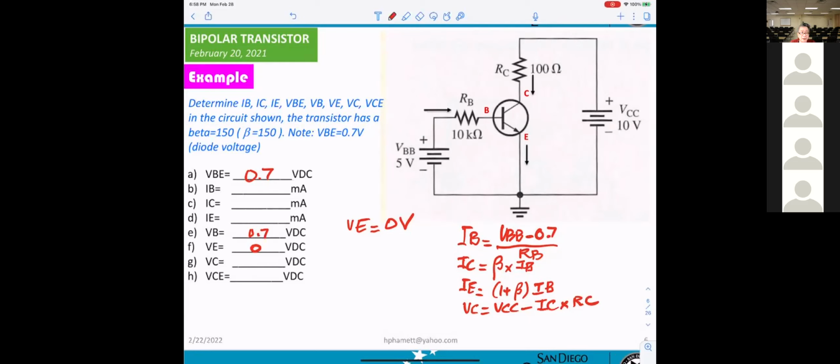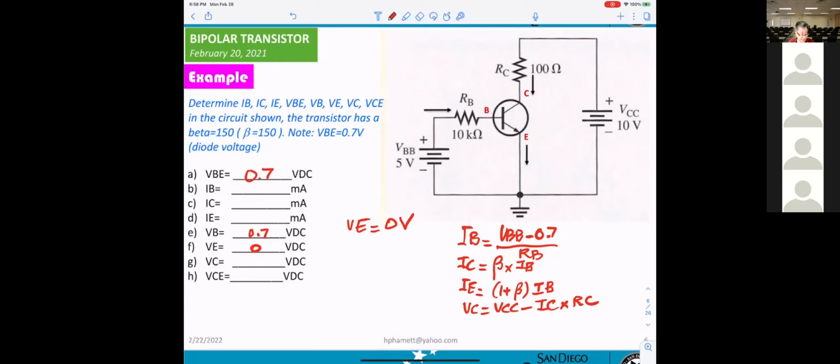Okay, and for IB, I already gave you the formula. IB is 0.43 milliamp. Let's see, I try to calculate for you one.